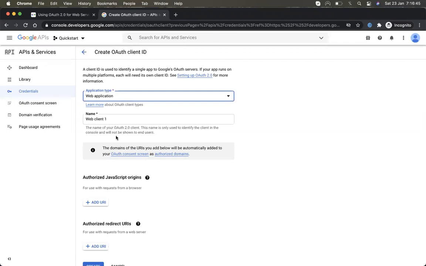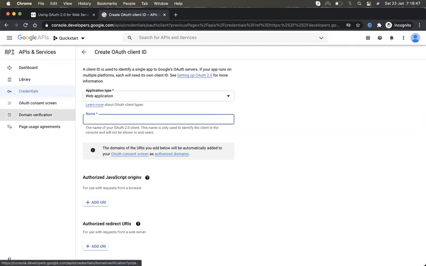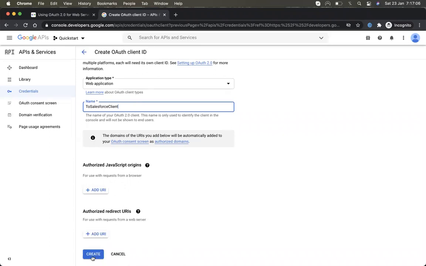The application type is web application, and name it Salesforce client. Okay, and I create this.